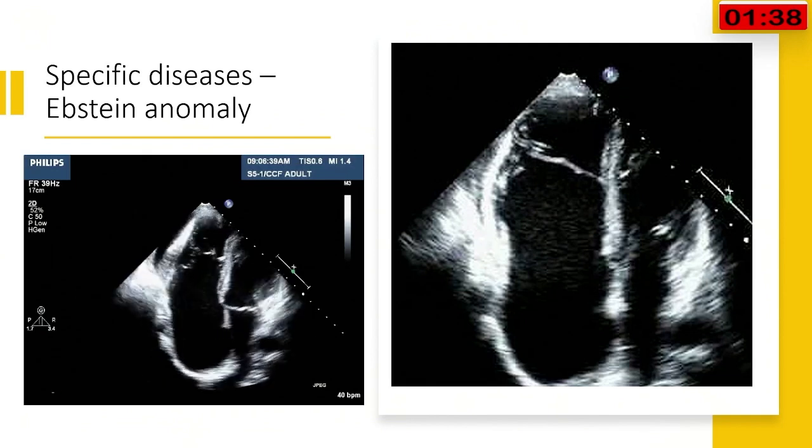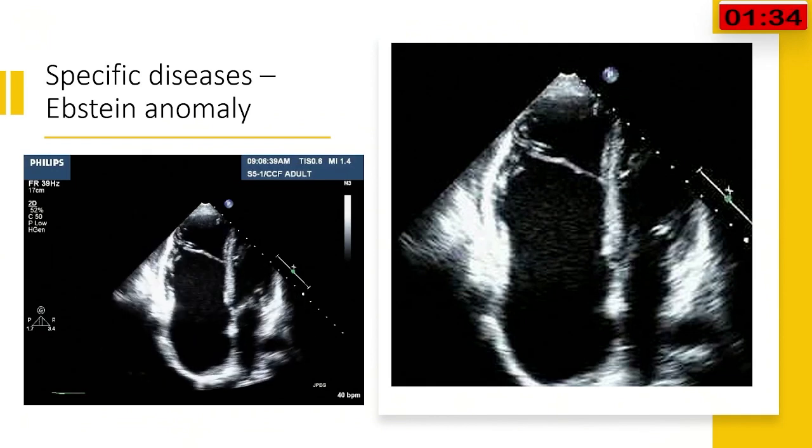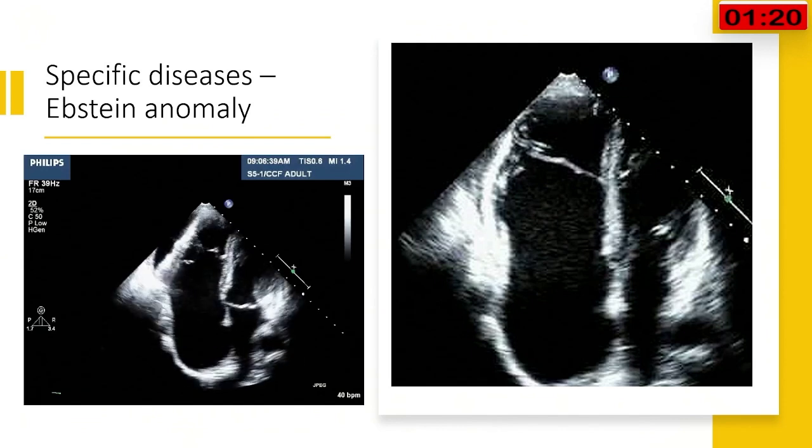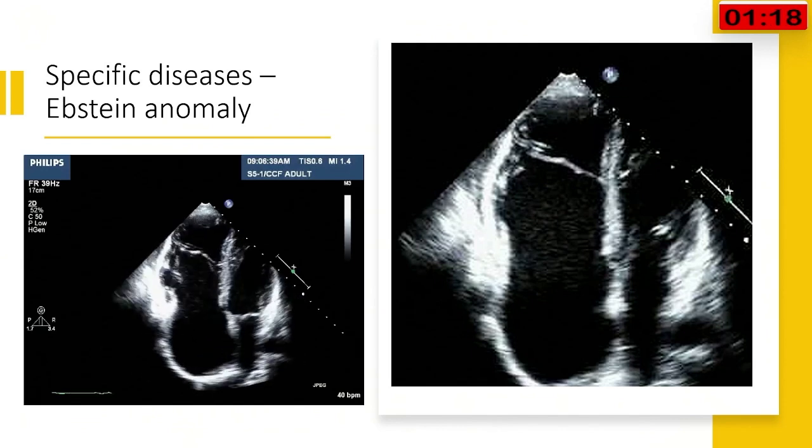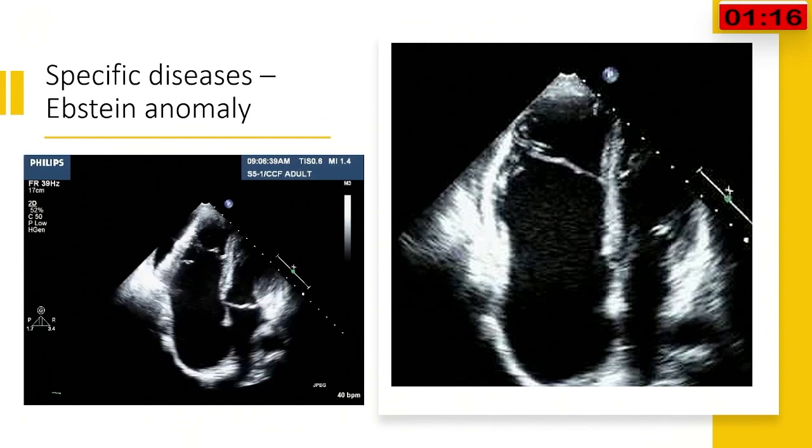In Epstein anomaly, we cannot ignore the assessment of the right side. We have to measure the apical displacement of the tricuspid valve. We have to assess the tricuspid valve. We have to also assess the long axis of the right atrium as well as the long axis of the inlet portion of the right ventricle. And then we have to comment on the trabecular and outlet portion and to assess the pulmonary outflow, because some